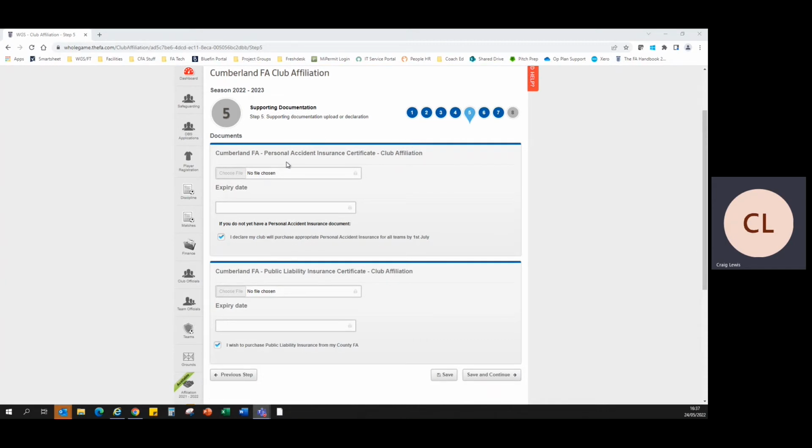questions relate to personal accident insurance and public liability insurance. For this season, Cumberland FA are providing those as part of your affiliation process should you wish to use them. And for the purpose of these questions here, you will tick those boxes which declare that you will purchase appropriate personal accident insurance and public liability insurance from the County FA. Once those two boxes are ticked, it will allow you to then save and continue and move on to the